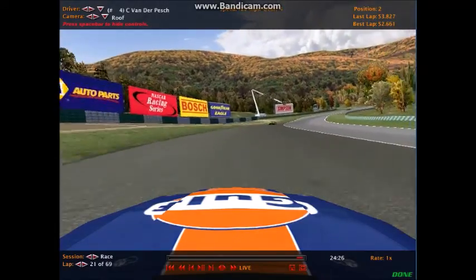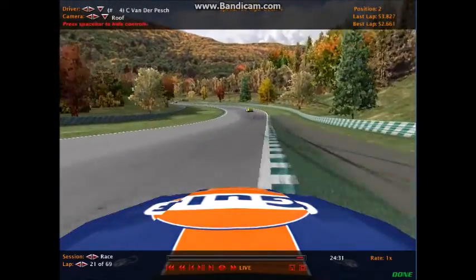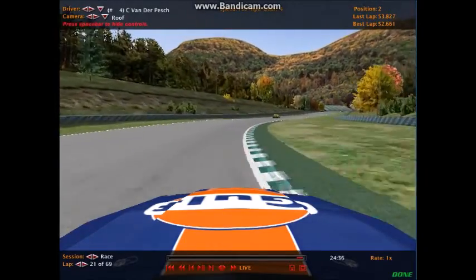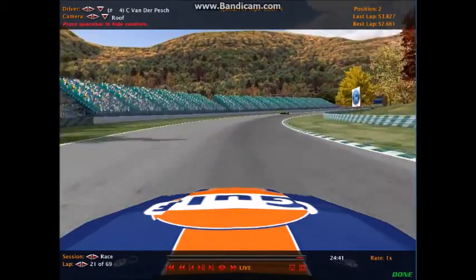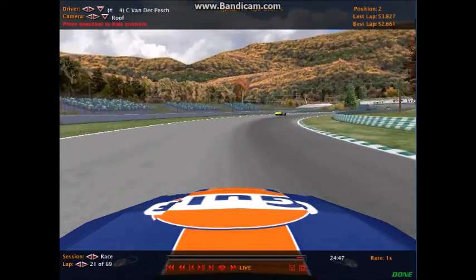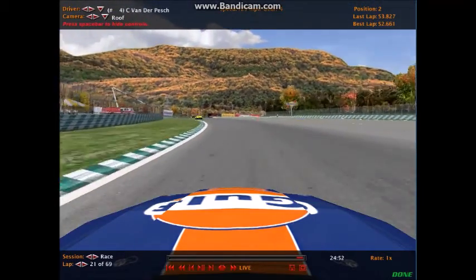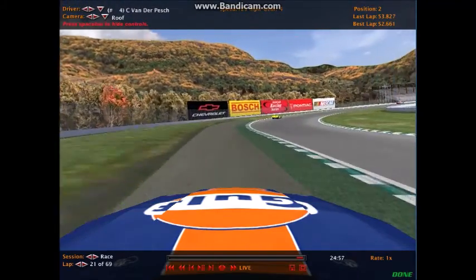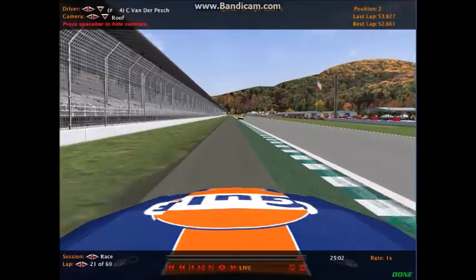We're on board with Vander Pesch now as he's trying to chase down race leader Tyler Thaber. And you can see this is almost, like I said, they call it almost a go-kart track around here, how quick they're maneuvering these corners here. You're in 4th gear the entire time, so it's almost a speedway setup you've got, and it's literally just flicking the wheel at times to get through some of these corners, so you almost completed an entire lap around this track. It isn't a very long lap time. Because the track's so fast, we're expecting this one to be a pretty quick race. And as you can see, Vander Pesch,